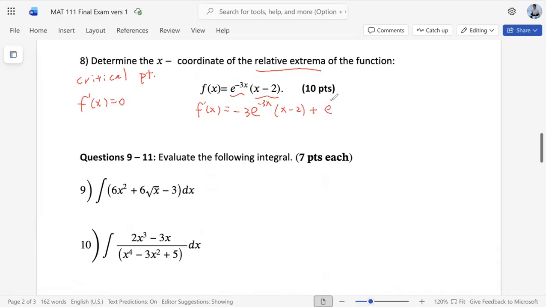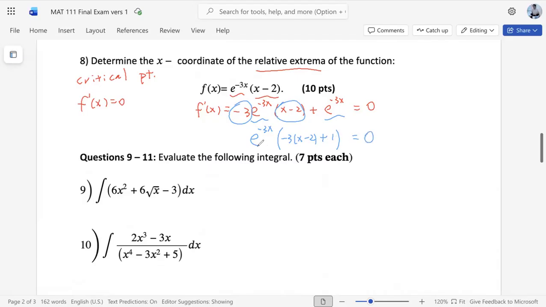Then we take a derivative of the second one, multiply by the first one, or derivative of the second one, just 1. Then we set this to be 0. So we have this common term, e to the negative 3x. So let's factor out that e to the negative 3x. Then the first term is left with negative 3 times x minus 2, and this one is left with only 1. So 1 times e to the negative 3x